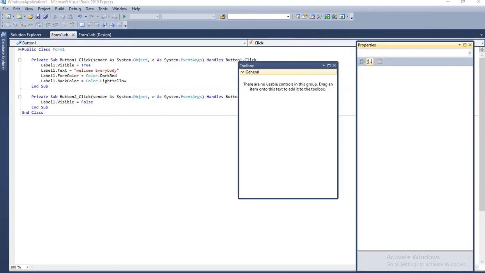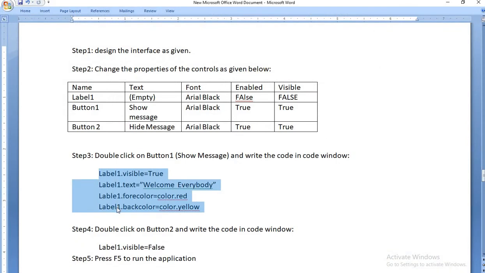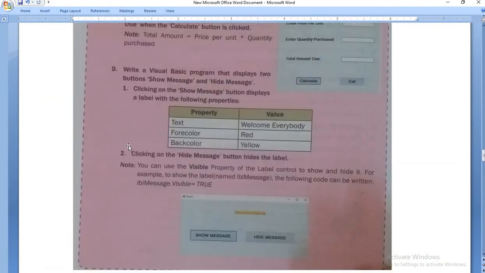This is the program for question number D, which is given in your project zone. Project zone D question we have done. We have changed all these properties to show the things.